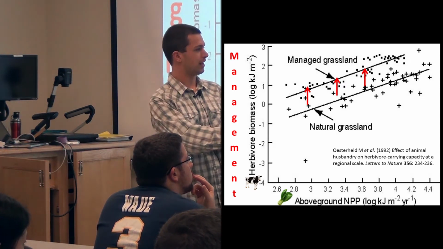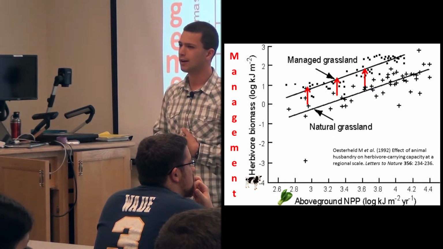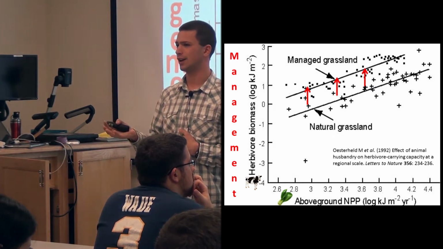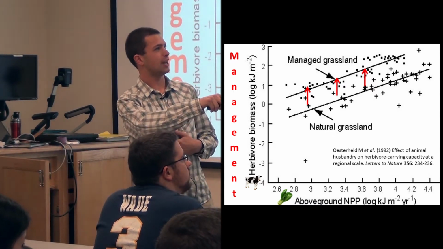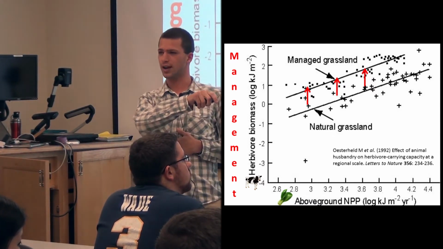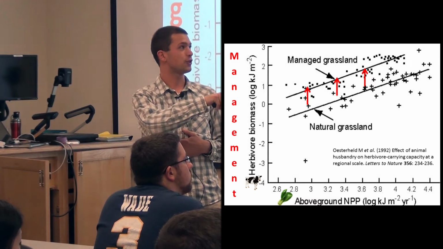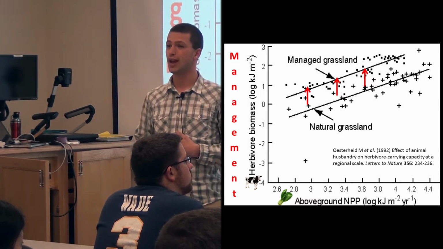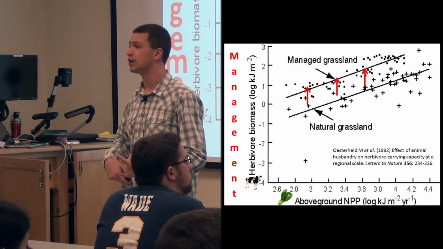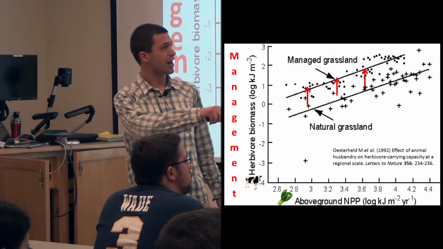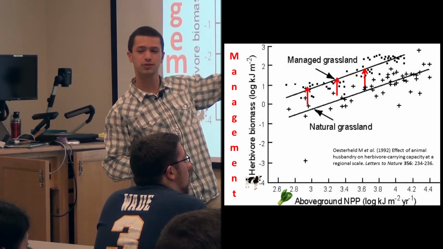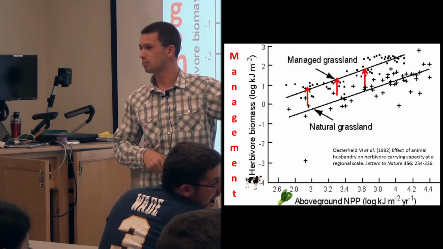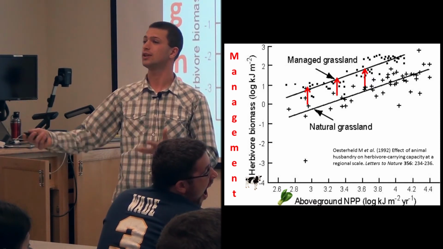So again, plant stuff, animal stuff, and can humans have an impact on that? Can what we do actually change that? This is, again, that same relationship you saw before, just for grasslands, a linear relationship. And this is for natural systems. But if we actually manage that, whether it be grazing or mowing or fire, we can take that whole curve and shift it up. We can get more animals off of that same plant biomass than what the natural ecosystem can do.